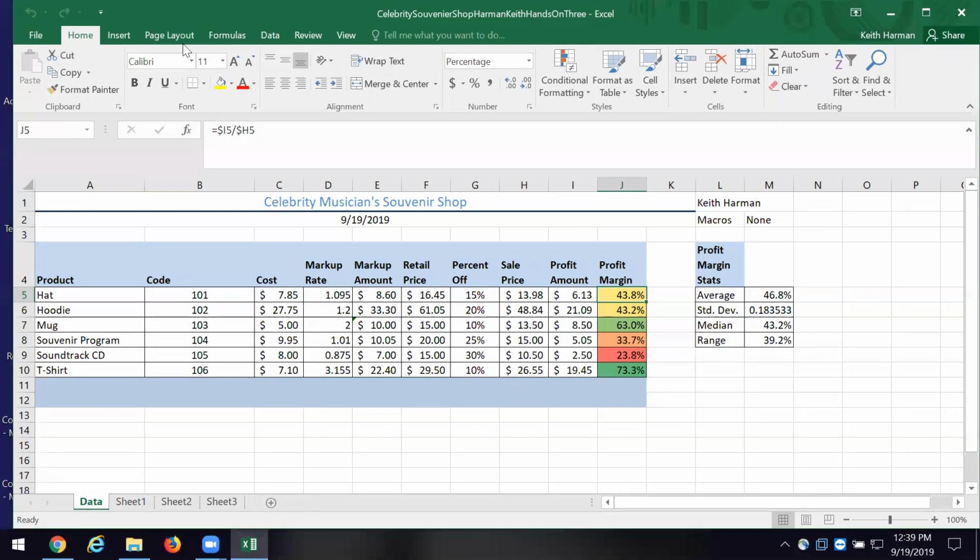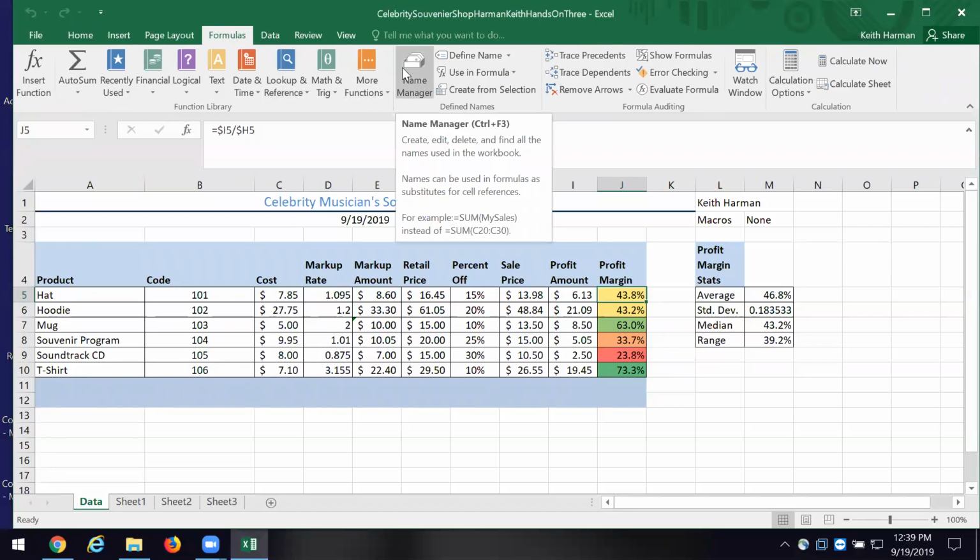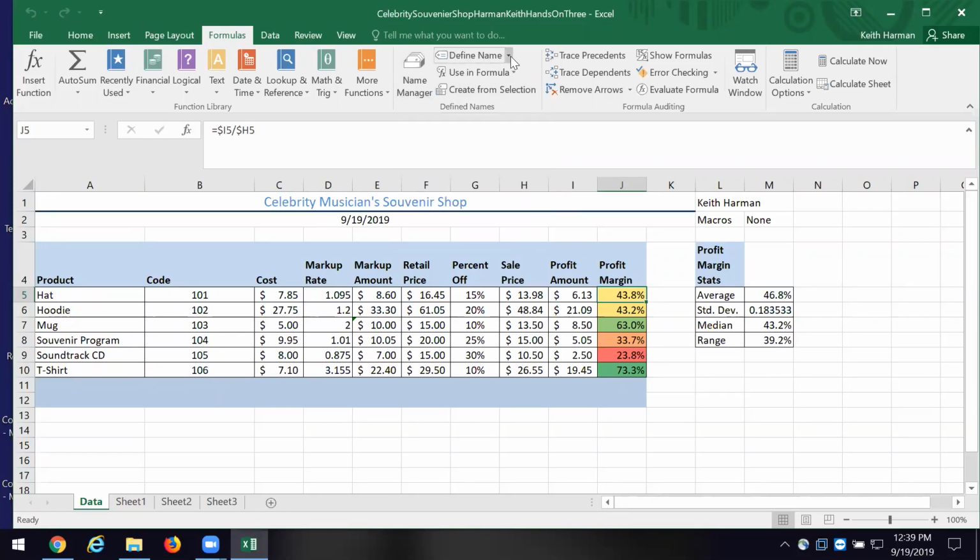I'm going to click formulas, and then I come to name manager. Now the name manager basically lists every cell or array, that is multiple cells, that I've defined as something. I've given it a name, and I can do it in there. Or if I want, I can use the define name. And then if I want to use that in a formula, it's simple. I click use in formula.